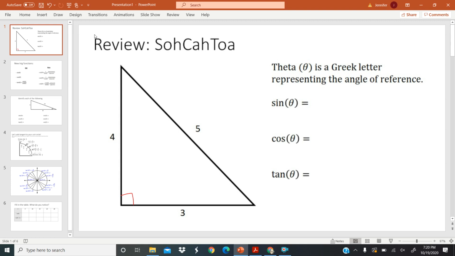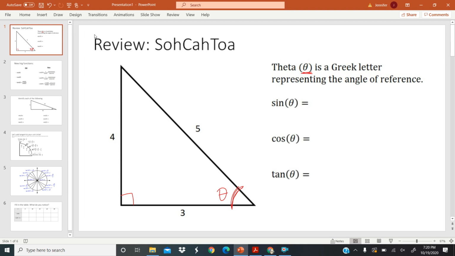So we have this angle theta, and theta is just a Greek letter and it represents whatever angle you're talking about. So say that I want to be talking about this angle as we go through this video, then I'm going to call that angle theta. And theta is just written as an O with a line through it. So if I was talking about this angle, then I can find the sine, cosine, and tangent of theta